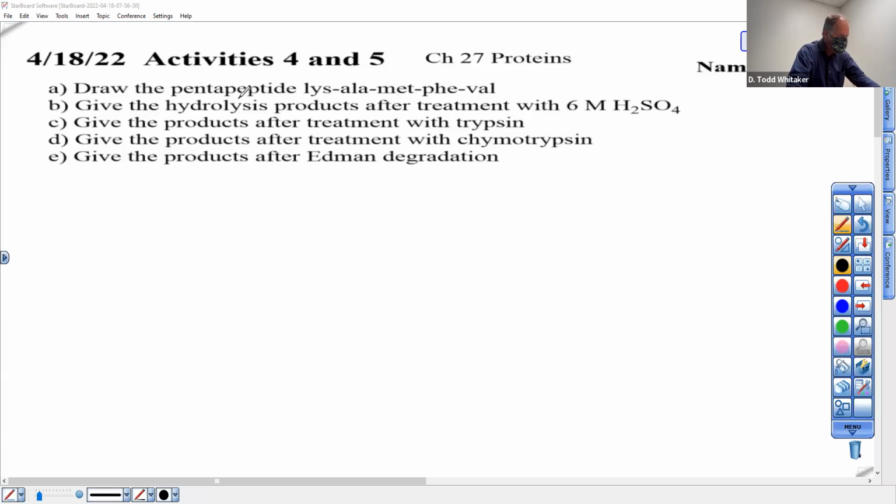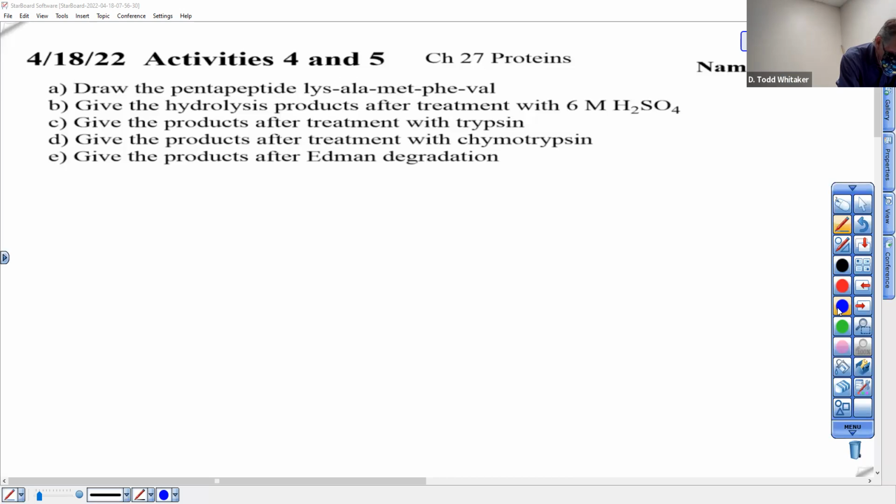We're going to begin our exploration of proteins right now. So we're going to draw a very small protein. It's a little too small to be a protein, but it's like the beginning of a protein. A pentapeptide using 5 of the amino acids. Lys, ala, met, val. Don't forget, you need to make them